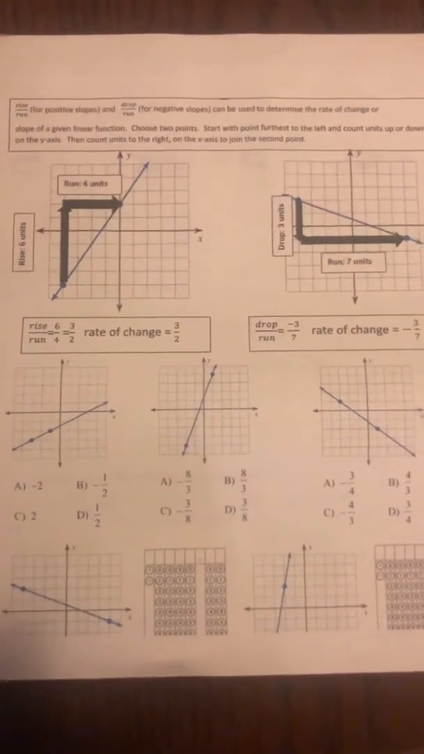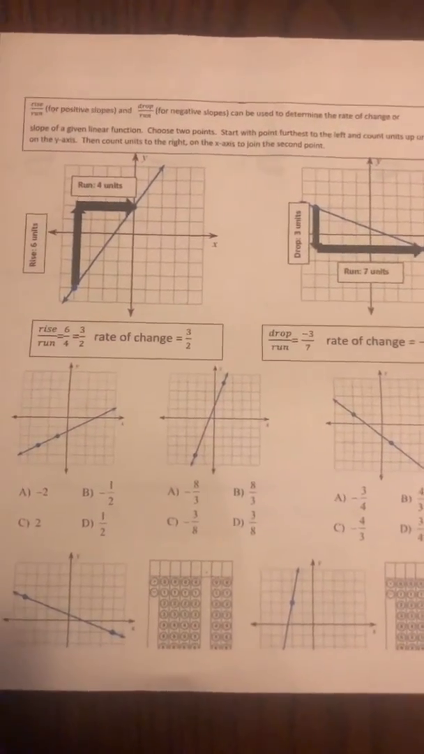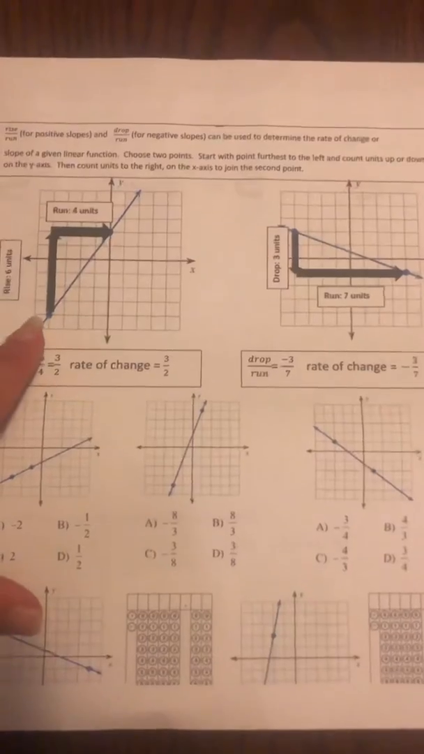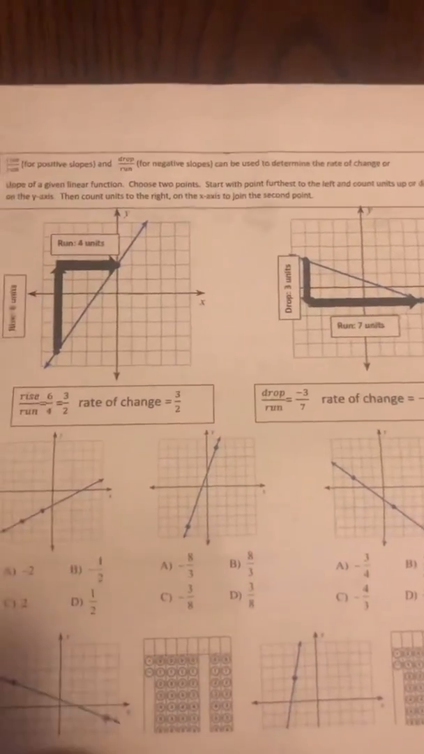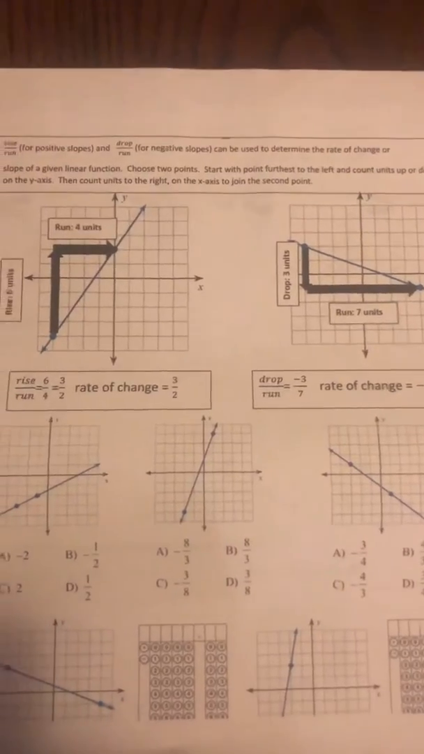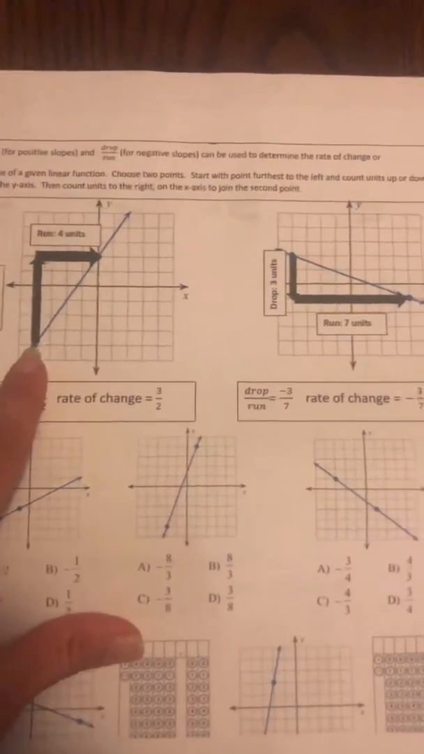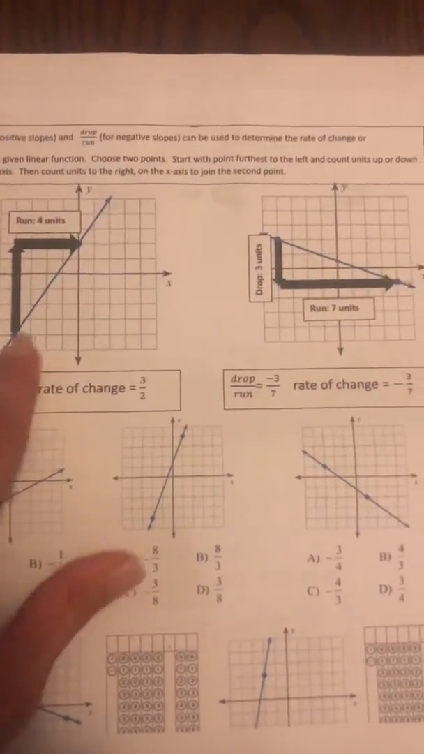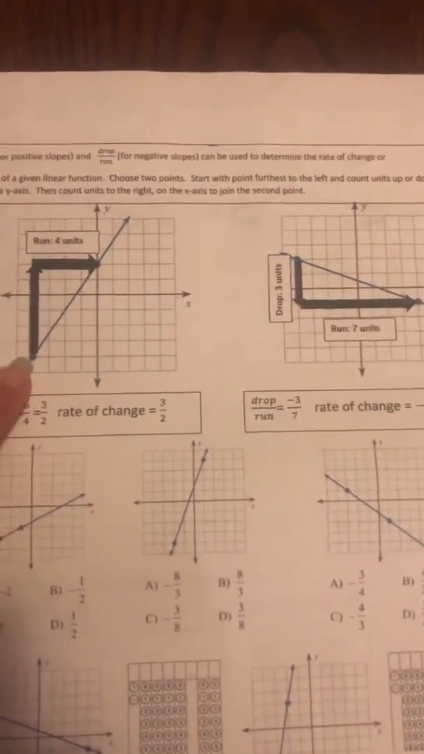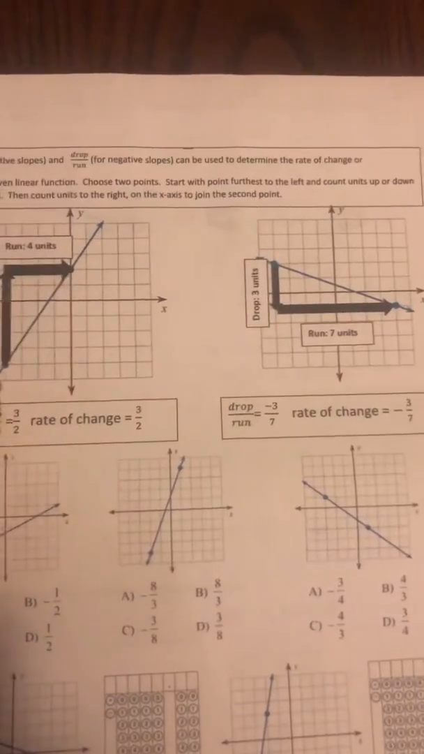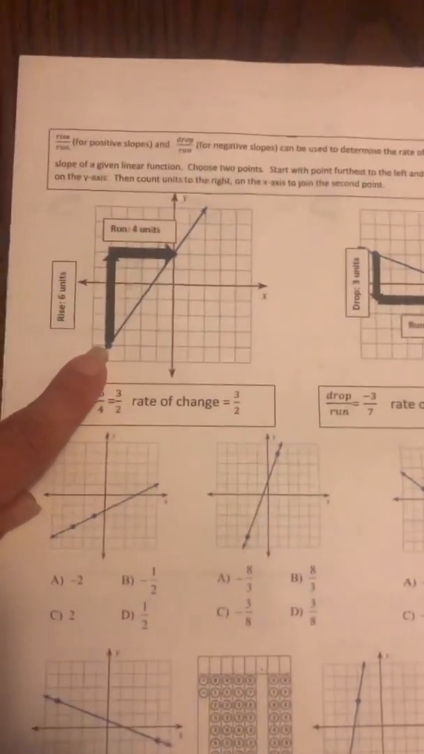When trying to find the slope from a graph, it's important to find 2 points on the same line. And you want to always start from the point that's furthest to the left. So on this particular one, we can see that we have a positive slope. So I'm going to start, we have 2 points that we can see here, and we are going to count